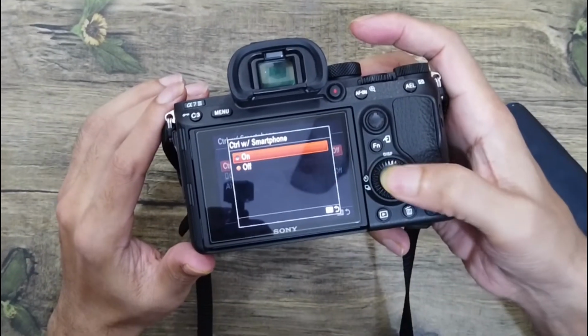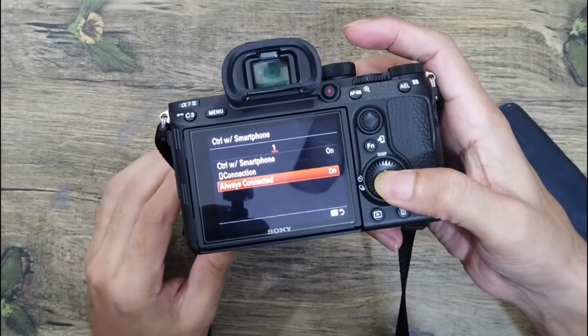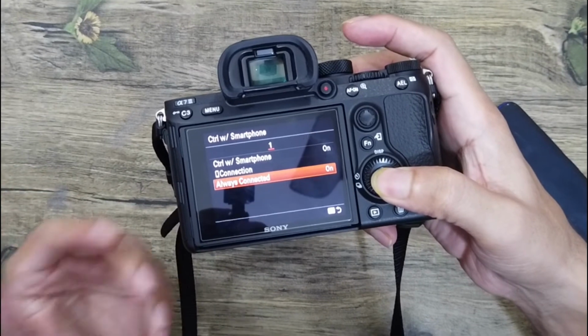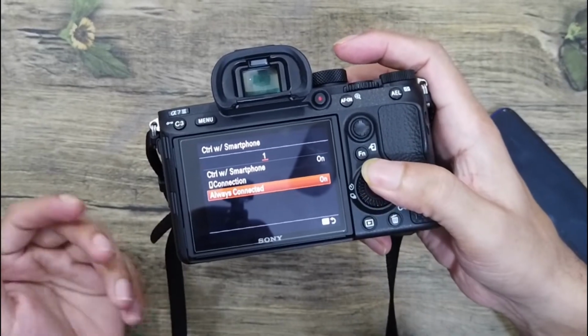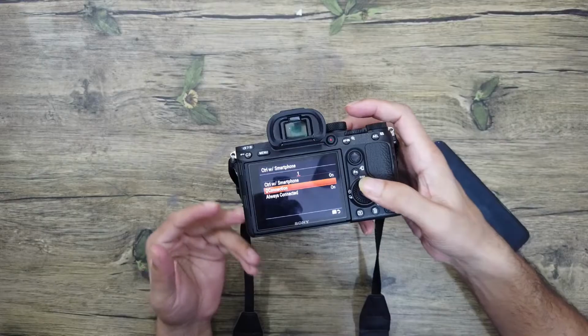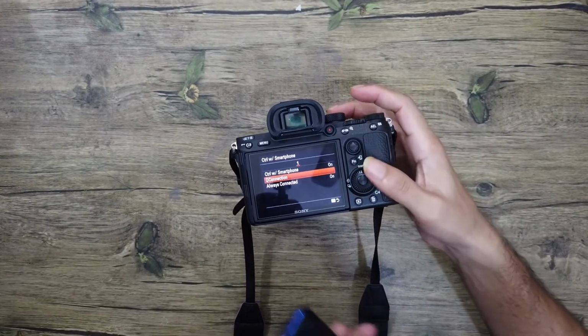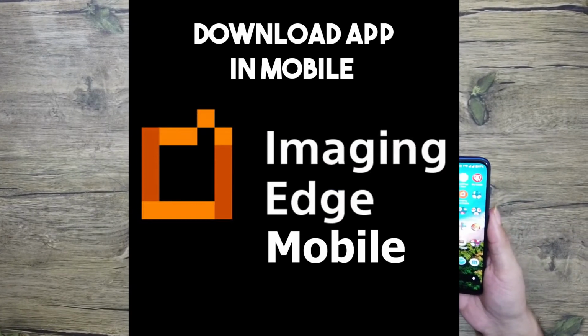We'll make it on, and we can make the last one, always connected, on or off. It doesn't matter. If we keep it on, it will consume more battery. So for time being, we have kept it as on. What you have to do, you have to make this option as connected, and by this time we'll go to